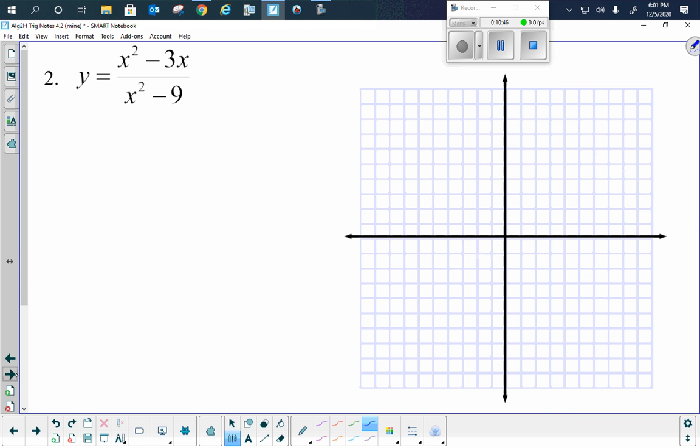All right, let's try this one. Again, we always factor first. So taking out the GCF of x, leaving us with x minus 3. And on this one, x plus 3 times x minus 3 are a difference of perfect squares, right? So